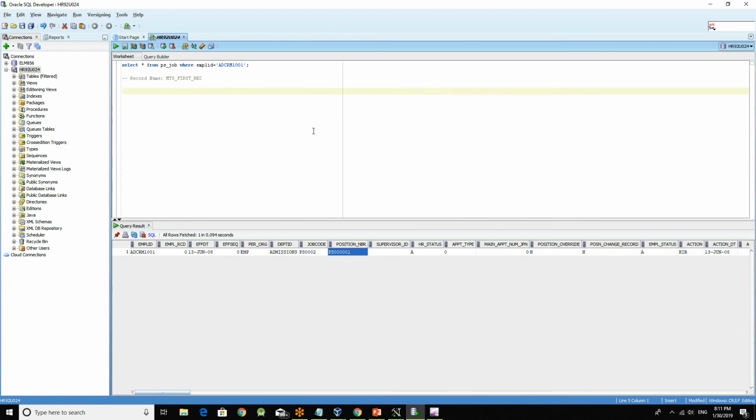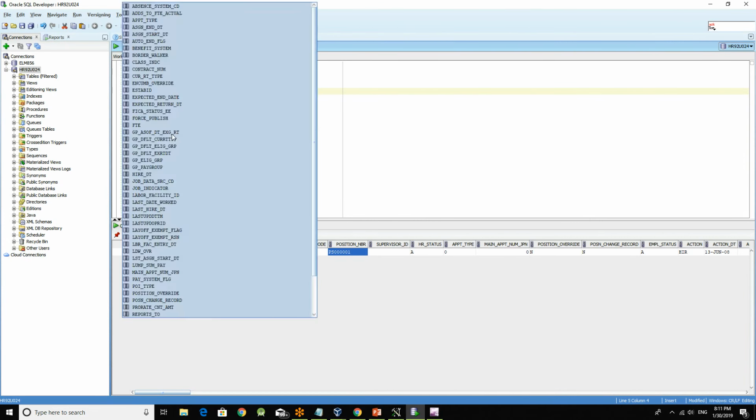So basically the record will hold, a record is something like this. PS underscore job is a record that holds some data related to job data related to an employee. So I'm going to create a sample record to hold some basic employee information. Let's say I'm going to have the following fields: employee ID,